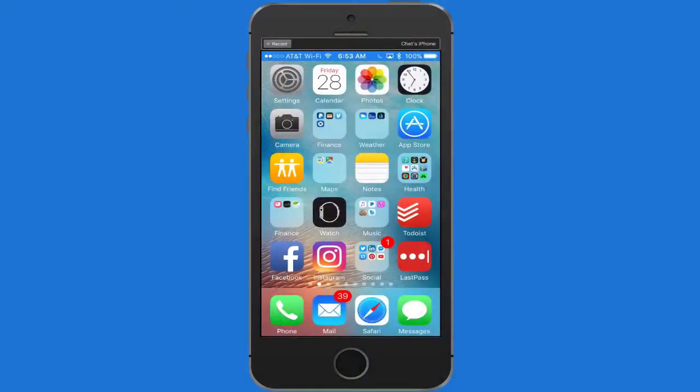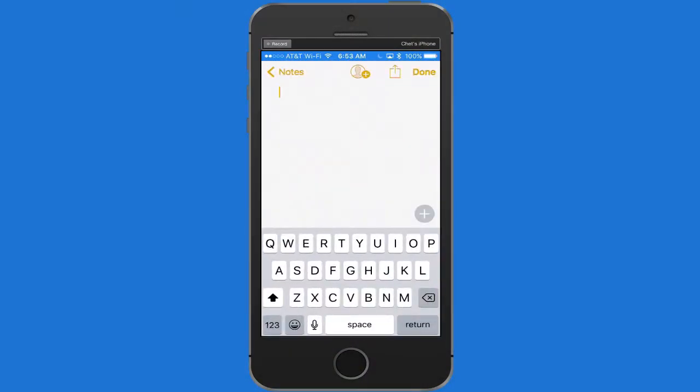So first thing I want to do is let me go ahead and connect my iPhone to my laptop here and then allow you to view that. Excellent. So I'm going to go ahead and go into the Notes app. And as long as I have service and everything's functioning properly, if I've got it turned on correctly in settings,